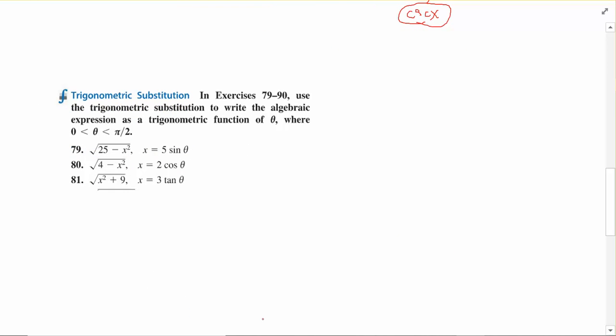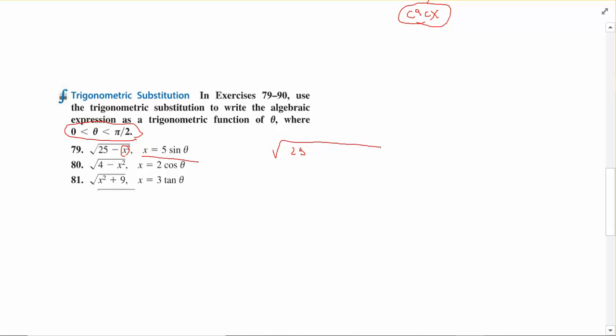Okay, now trigonometric substitution is actually really, really simple, and I'm always a little shocked at how difficult students try to make this. All we're doing is we're going to replace x with what it's equal to, and they tell us what it's equal to in this case. And they also tell us that the answers we're looking for are in the first quadrant, so everybody's going to be positive. So we're going to get the square root of